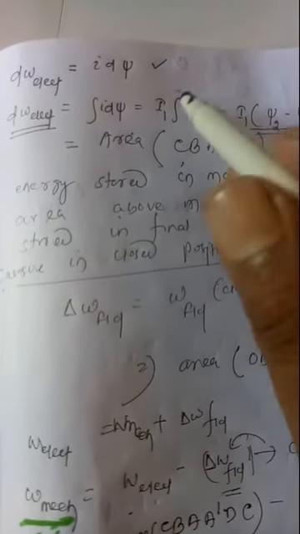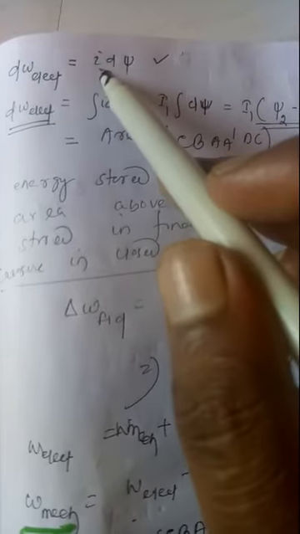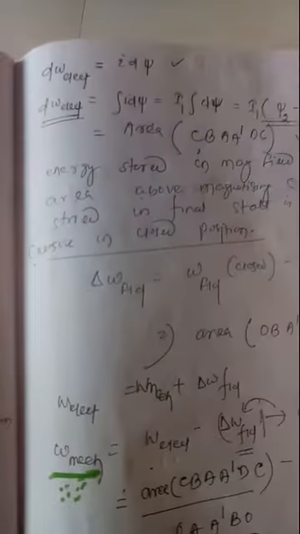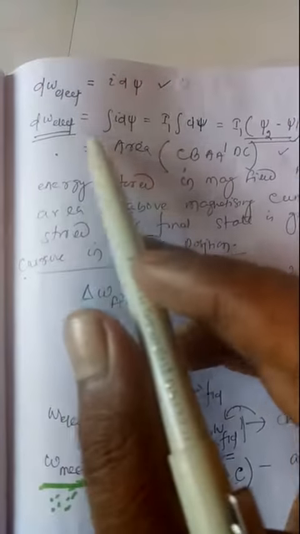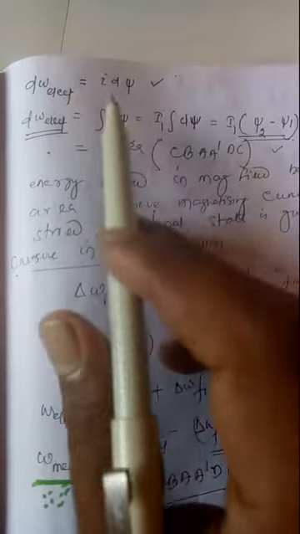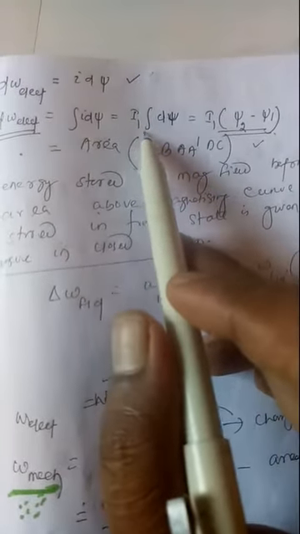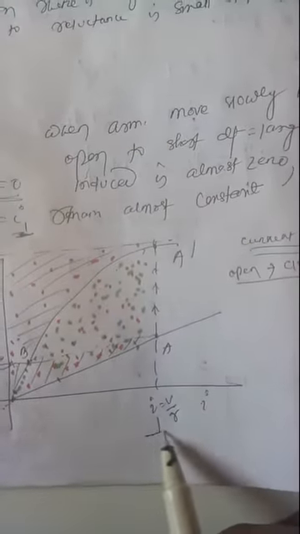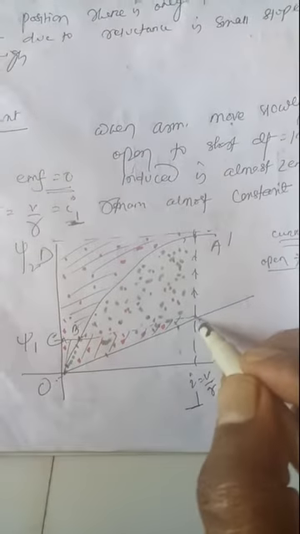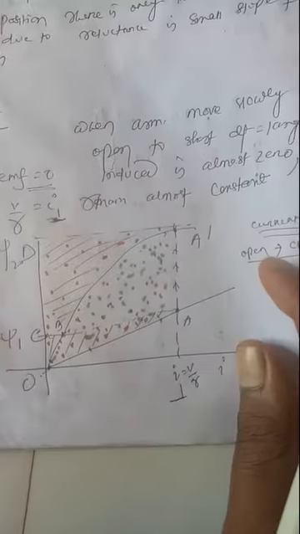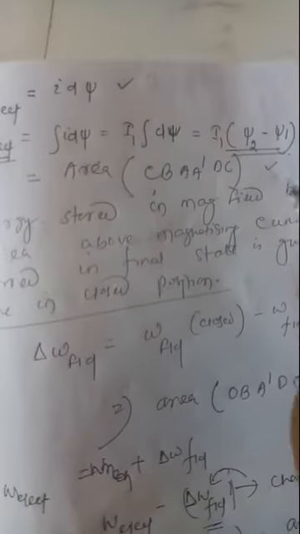In this condition, dW electrical is equal to I into d psi. Here we have considered the magnetization curve of I and psi. So what will be the value of dW electrical? It will be equal to the integration of I into d psi. At this condition I is equal to I1, the steady state current, so I1 into d psi. Look at the diagram here. At that steady current, the flux linkage changes from psi 1 to psi 2 in this path. So the net change in flux linkage d psi will be equal to psi 2 minus psi 1.